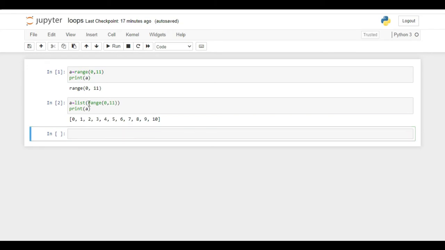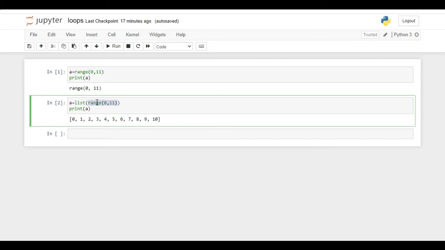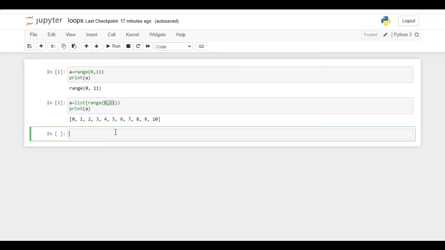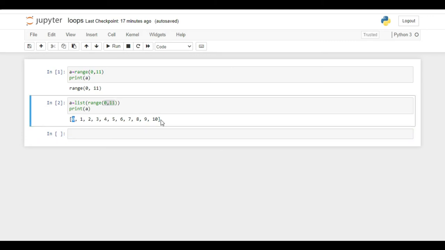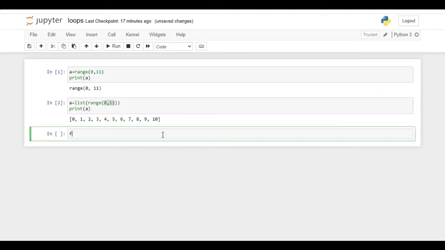Here, by declaring the range function, what we have actually done is we have created a list containing items from 0 to 10. But all these are printed all together as a single entity. But let us say we want to iterate and we want to access each element one by one. We can use a for loop. For loop is quite common in every language. The syntax of for loop is like this.